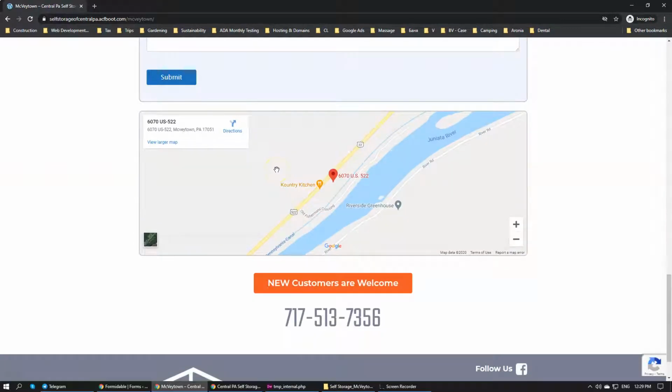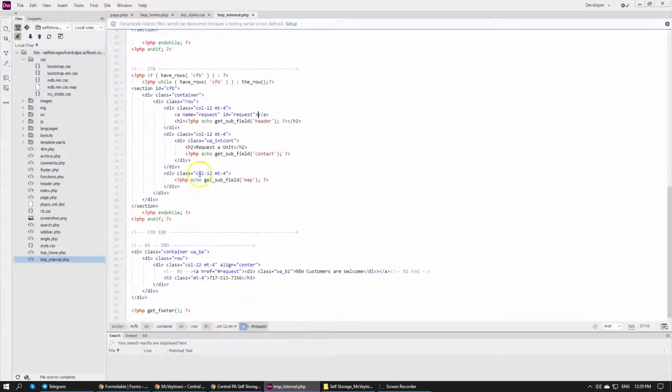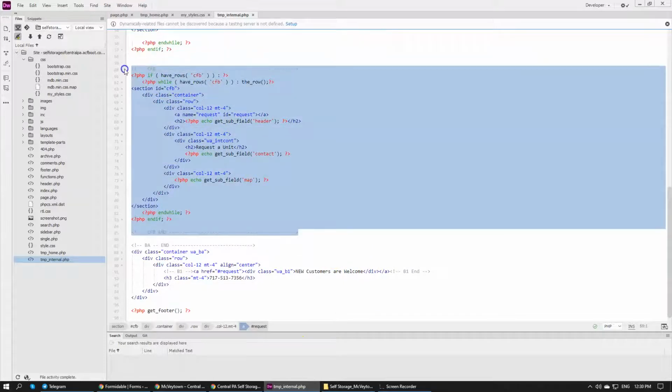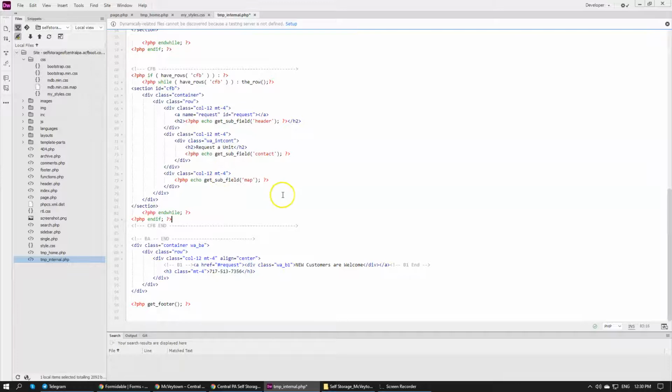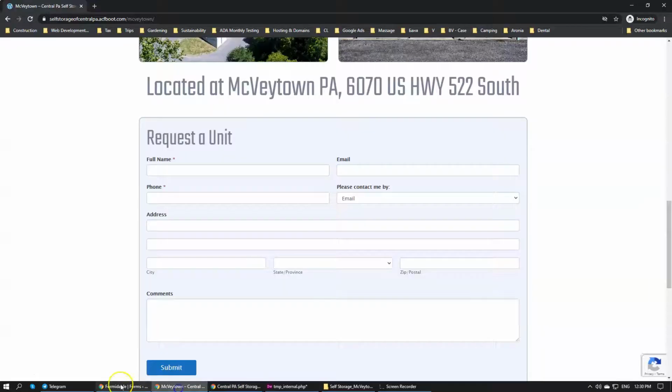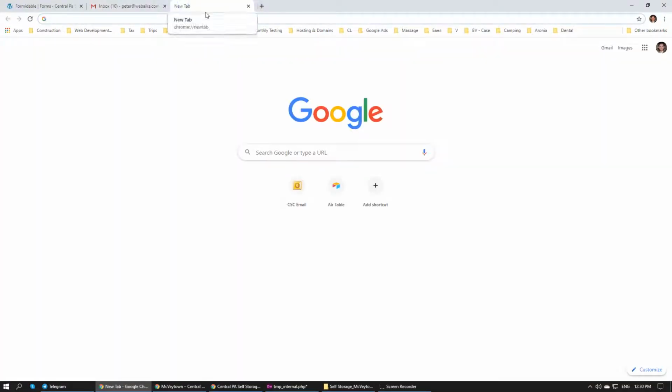Now, the reason why you are here and watching this video, you learned how to create a form using Formidable. You learned how to create a proper structure, integrate it with advanced custom fields, integrate it into your WordPress template. So that's pretty cool. And one last thing that we need to do is add this to our library. And if you want to see how we are doing that, actually I'm not going to show you how we do that,